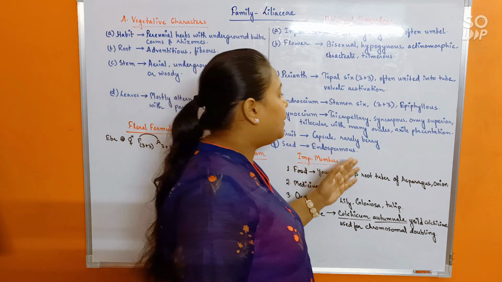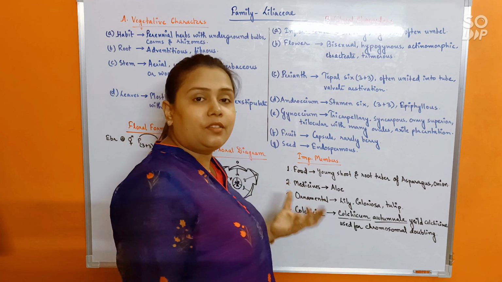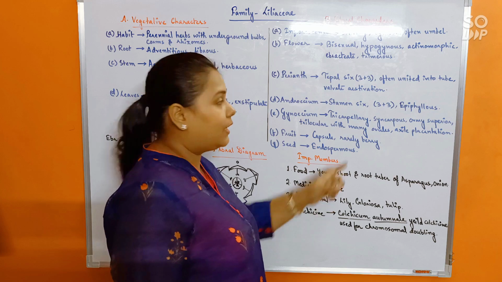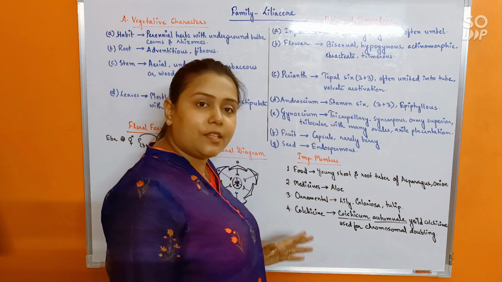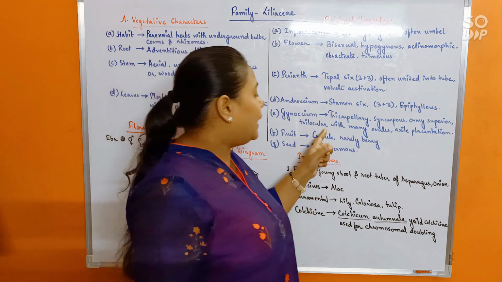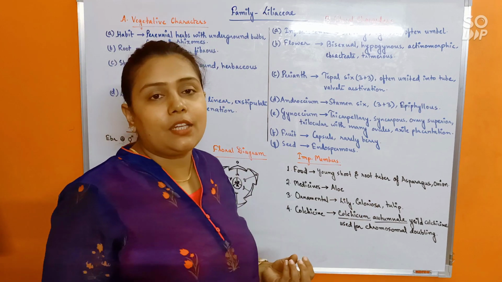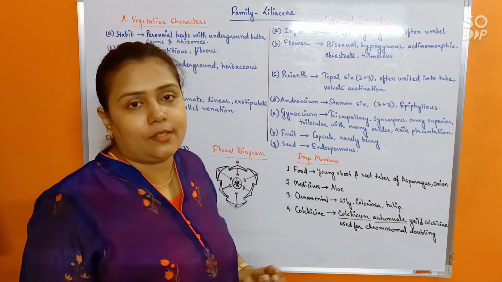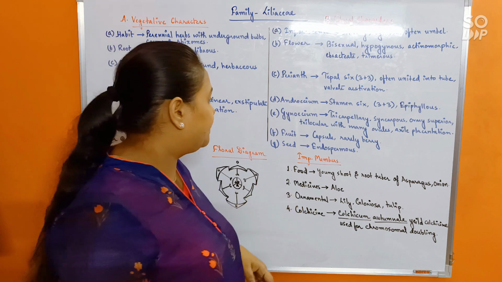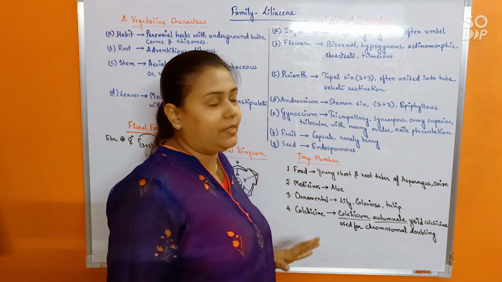Gynoecium would be tricarpellary, syncarpous, ovary superior, trilocular. See, trimerous flower after all, isn't it? That's why tricarpellary, trilocular, all of that. Here, stamens are in the multiple of 3, isn't it? So, everything is going to be either 3 or multiples of 3. Trilocular with many ovules and axile placentation. Okay, axile placentation means ovules will be on the central axis with septa dividing the locules present in the ovary. Fruit capsule mostly, but rarely berry is also present.